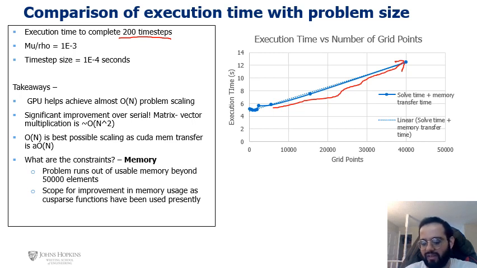So if this does meet its performance goal, where is the constraint in using this algorithm for generic CFD application? And the main constraint here is the memory. As you see, I have plotted it only for 40,000 grid points. The reason being, once I started to run with problem sizes more than 40,000, the application started to run out of usable memory. So that is the biggest constraint, that it just runs out of memory for large problem sizes, and that is a scope for improvement as well, because here I used the cuSPARSE library given by NVIDIA, and that